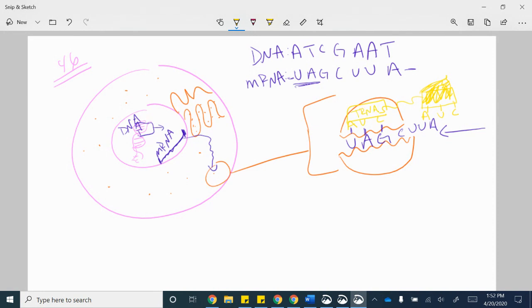So this was our tRNA, and that's going to bring one amino acid. So this would be that amino acid that it brings. And as the ribosome reads the mRNA code, tRNA will bring that amino acid. So it's a specific amino acid that the tRNA will bring. Once the amino acid is brought to the ribosome, then the tRNA will leave, and a new tRNA will come